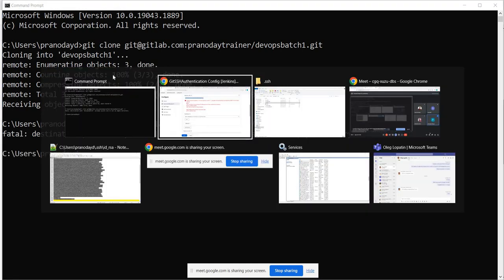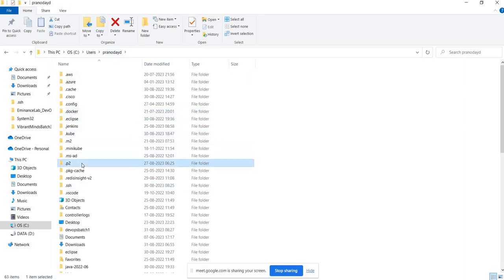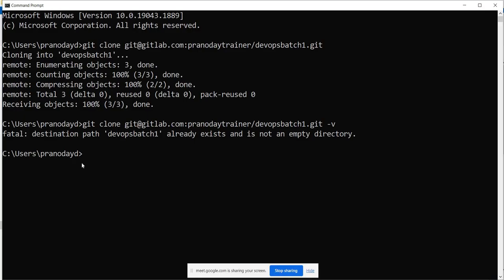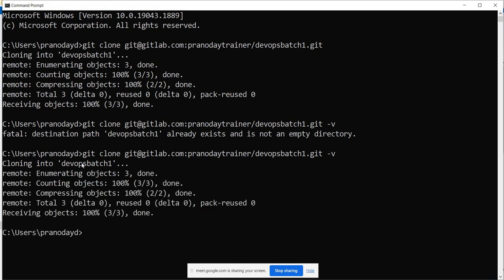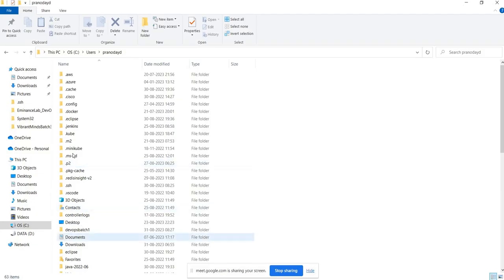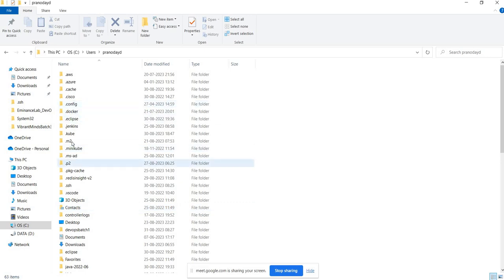Okay, just a minute, let me delete that. And let's check out one more. Now it is allowing me the access from here, but it is not allowing me the access from